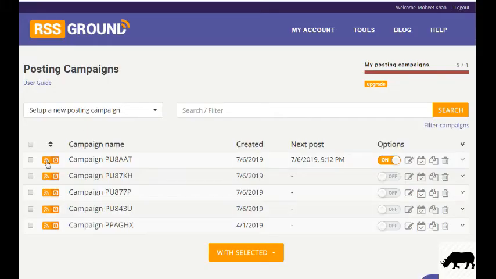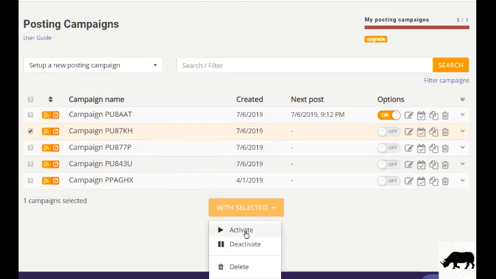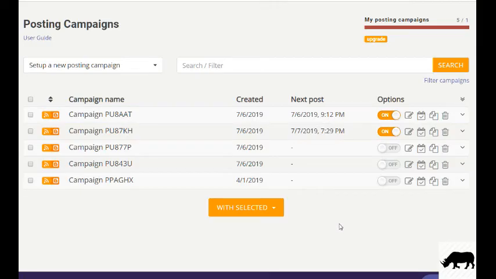Now I have one more campaign here. Look at this. Now this campaign is in progress. For example, if I don't want to activate this one, I want to activate this one instead. I will select activate here, so this one will get activated.